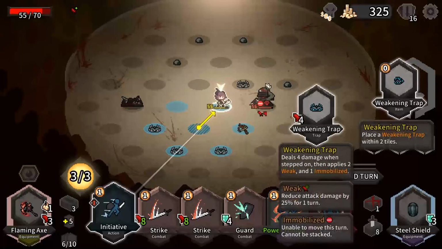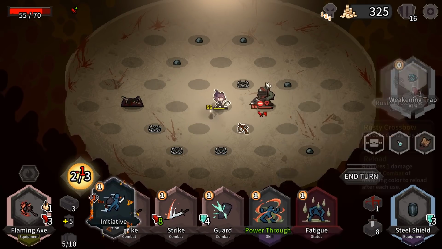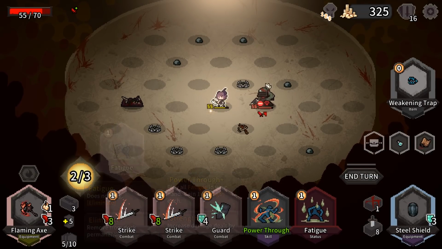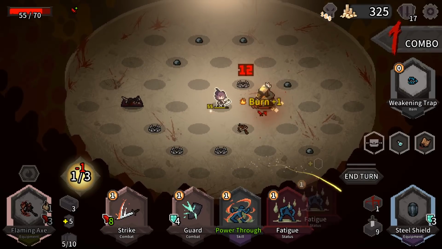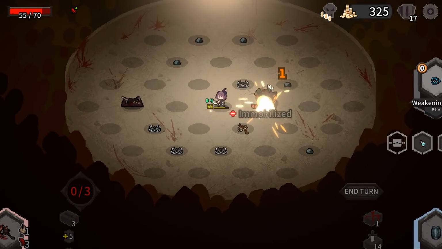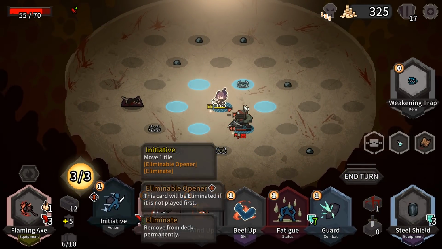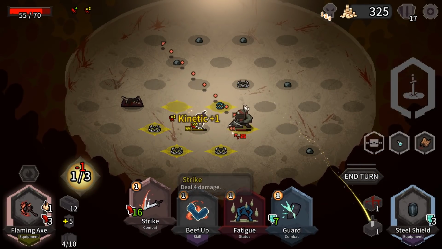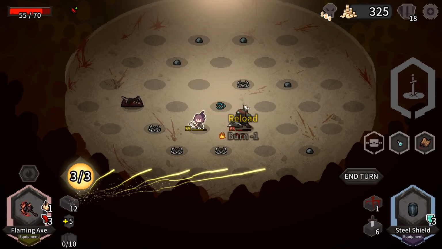I think we move here. And then just strike guard. I'm considering also just doing a strike power through, taking the 4 damage to get extra strength. Honestly, I don't think we need it. Yeah, I don't think so. I think conserving our health is better here. I know that two fatigues there would have been nice strength, but I think that he's just going to dance around enough that we can just... Yeah, we'll get him. It takes a few extra turns, but...